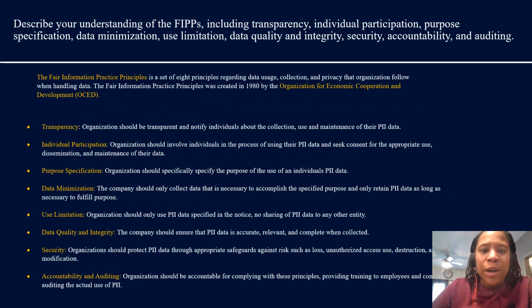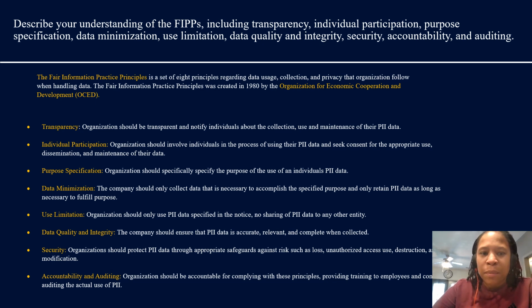The Fair Information Practice Principles is a set of 8 principles regarding data usage, collection, and privacy that organizations follow when handling data. The FIPPS was created in 1980 by the Organization for Economic Cooperation and Development, better known as the OECD. The first principle is transparency, which means that every organization should notify individuals about the collection and use